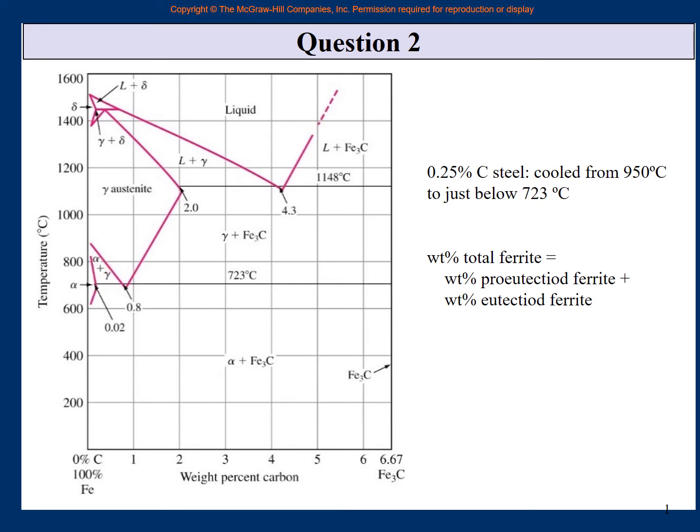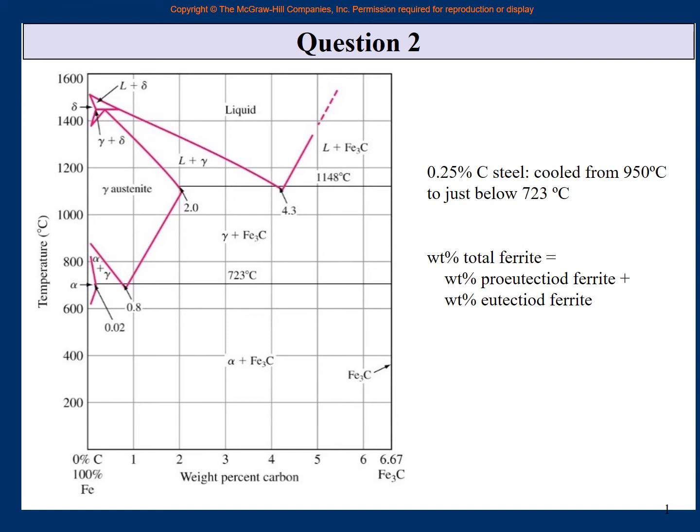And once you come just below this line, this is a big difference. Just below this line, the left is still at 0.02, the middle is still at 0.25, but the right is now at cementite. On the left is alpha 0.02%, in the middle is W naught 0.25%, on the right is cementite Fe3C at 6.67%. Again you have a tie line, and to find cementite this time, go to the other side: W naught minus alpha upon cementite minus alpha, right?